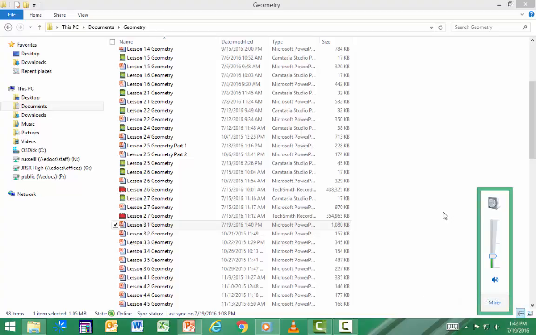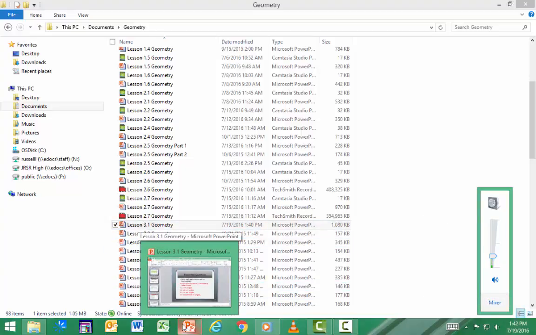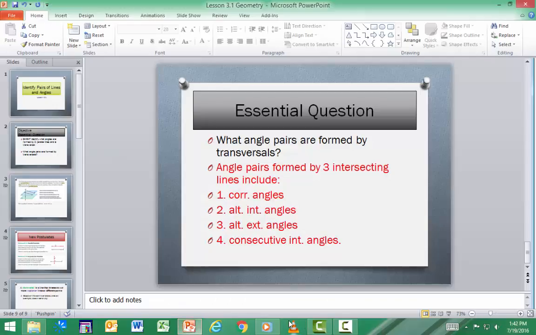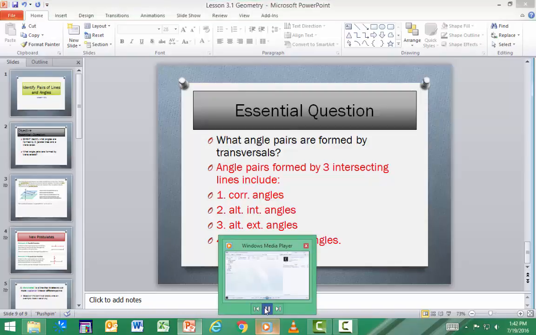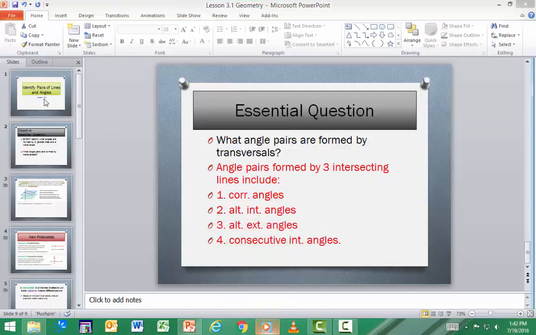Okay, so we're doing geometry lesson 3.1 today, so let's go ahead and get started. I gotta turn off the music, sorry. Okay, so let's get started. 3.1. Okay. Alright, so